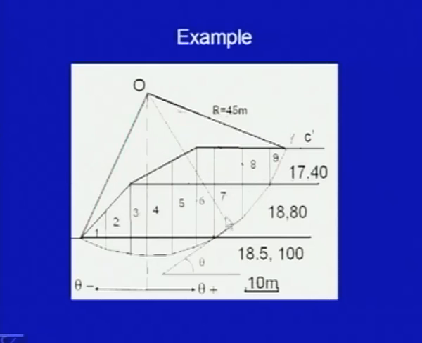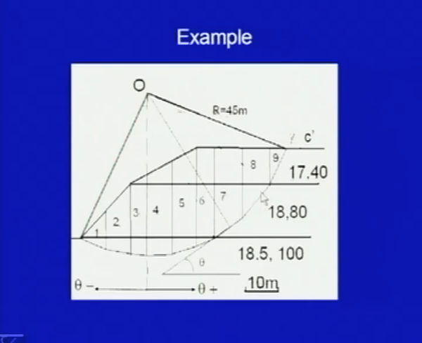and for any slice, let us say slice number 7, let us take this slice, then this is the length of the base of the failure surface, and the inclination of the failure surface is theta. You can draw this line perpendicular to it, this is the radial vector, and in fact this angle will also be theta. The gamma values for different soils are here 17, 18 and 18.5. C dash values are 40, 80 and 100 kPa,